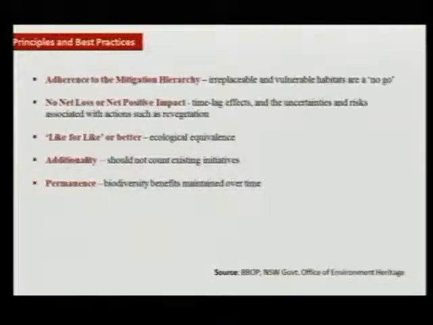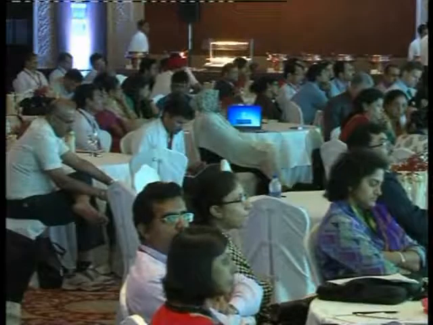So let's come back to some of the principles and best practices of offsetting. It's important to understand this here, because then we'll try to see whether the compensatory afforestation framework of India measures up to some of these principles. If you'll recall from the last session, again Mr. Jain talked about how they have adopted a policy of net positive impact. So most companies have a policy of no net loss. What does that mean? Biodiversity benefits will equal biodiversity losses. There will be no net loss. This is a policy under which they operate.